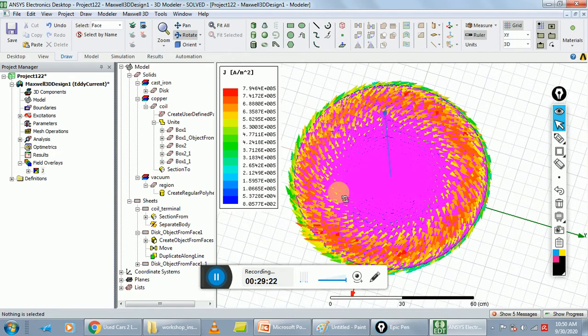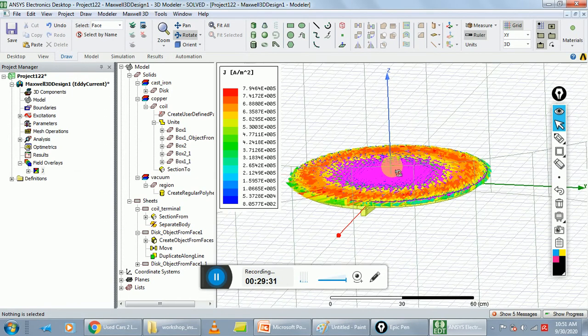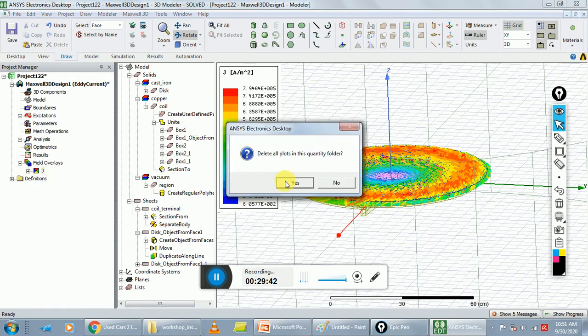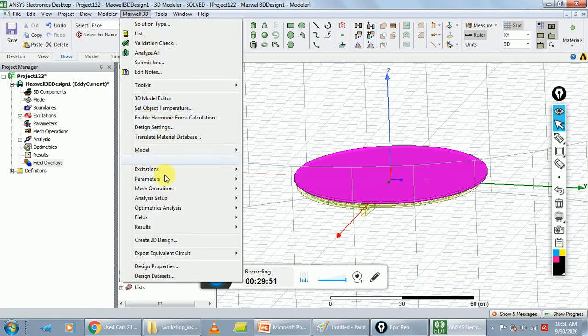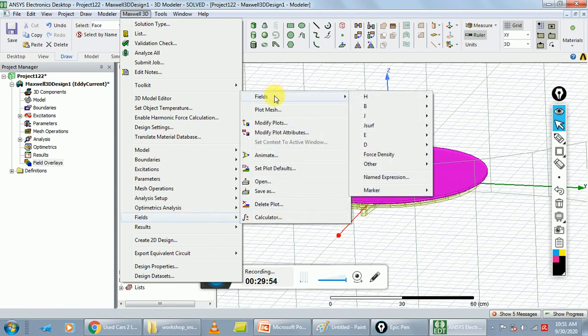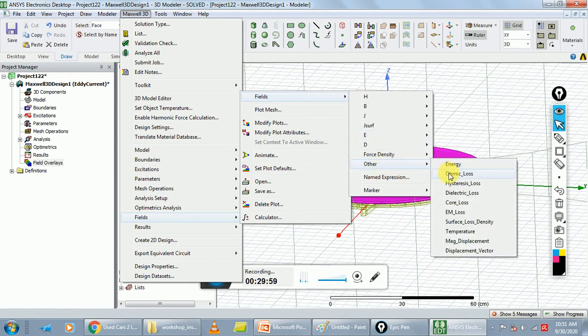Okay, this is your current density vector. Next step is plot ohmic loss distribution. Remove this plot, go to field overlays in project manager, right click and delete, yes, and select disk from history tree and go to Maxwell 3D and explore fields, and go to others, click on ohmic losses.